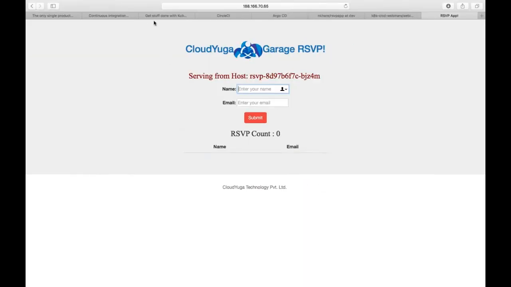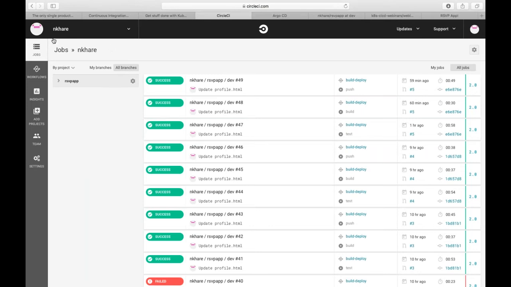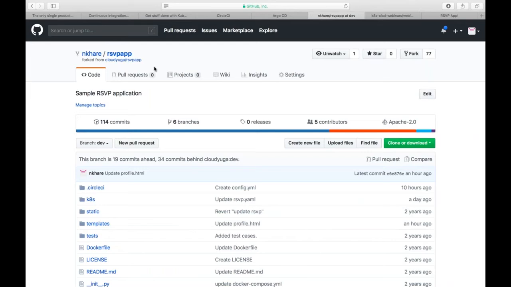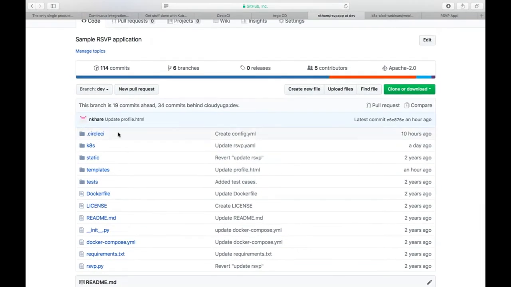So let me go back to the browser here. Here is my CI pipeline for my Git repo. Here is the source code repository which I would be using.